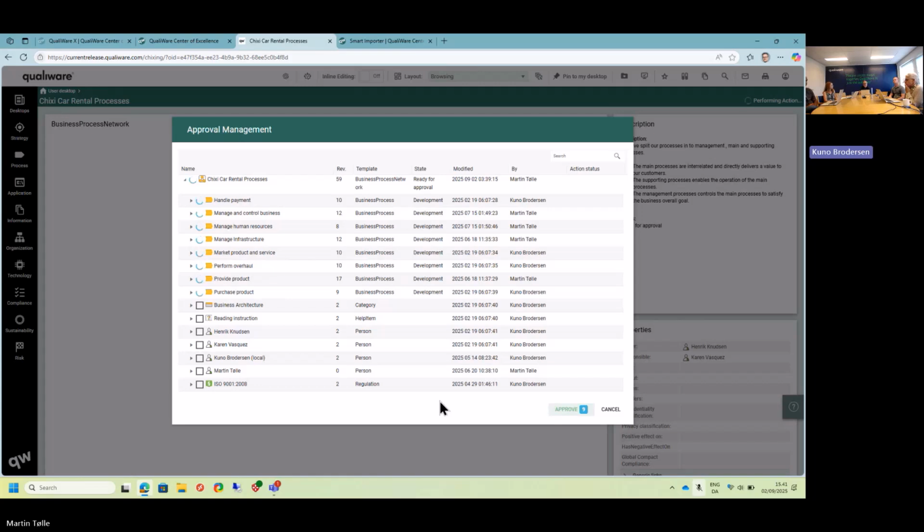So this is an add-on to the governance. As you all know, probably, the governance workflow can be configured,